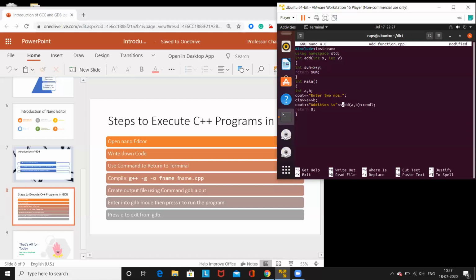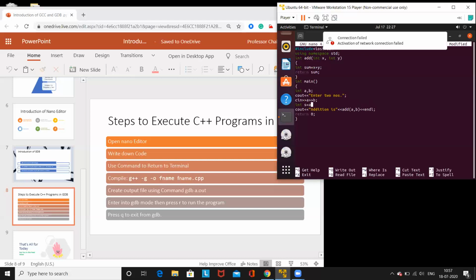So that is why addition is, then add(a, b), whatever it returns gets stored and displayed. Or if you want to print separately, then you have to take another variable: int s is equal to add(a, b).